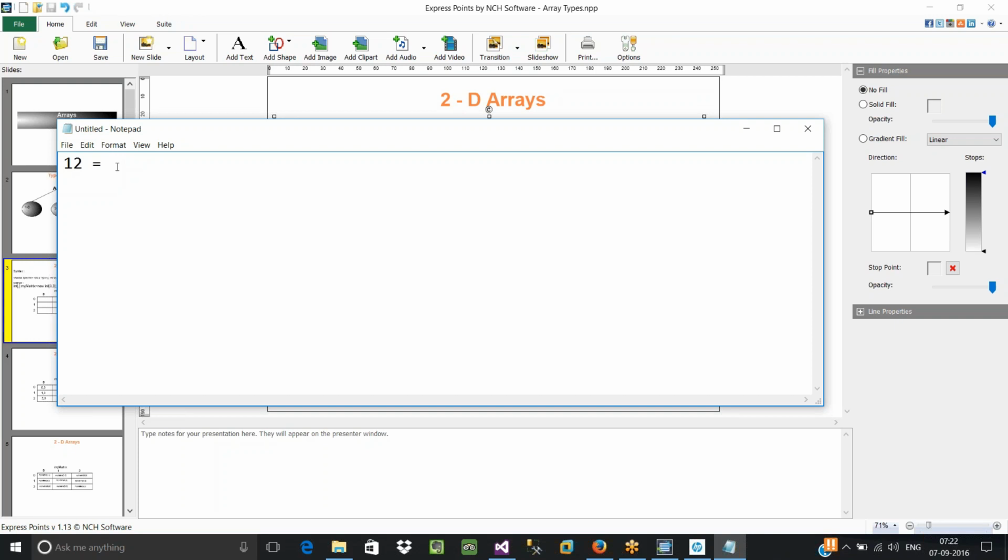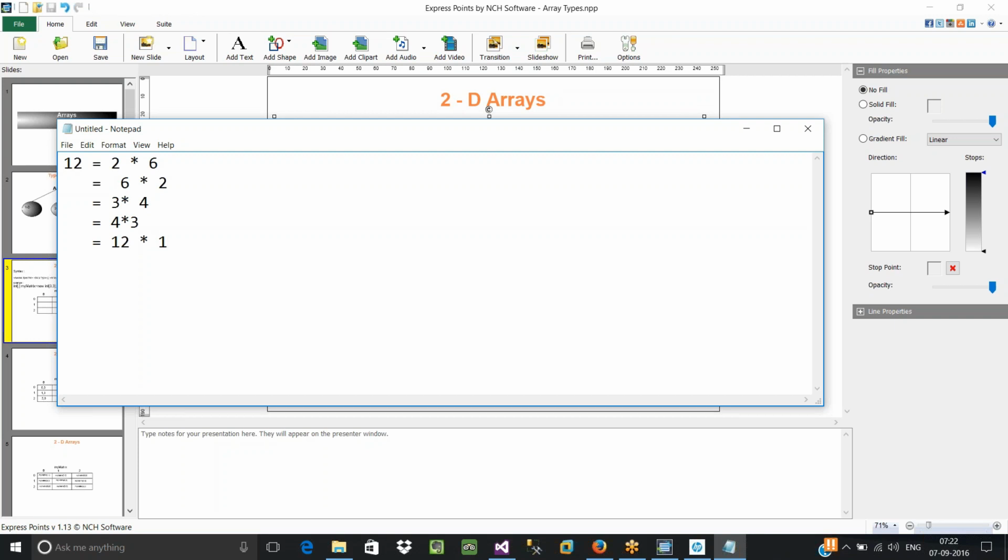12. So in order to accommodate 12 elements, my array size should be either 2 into 6, which means 2 rows and 6 columns, or 6 into 2, which means 6 rows and 2 columns, or 3 into 4, which means 3 rows and 4 columns, or 4 into 3, or 12 into 1, right?